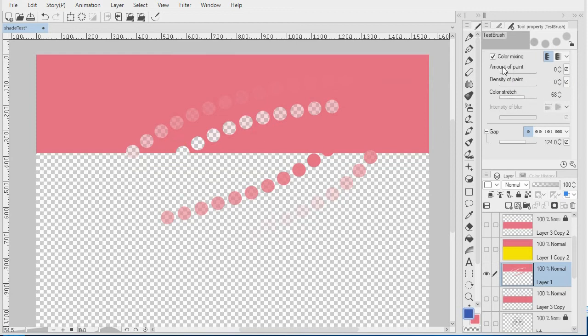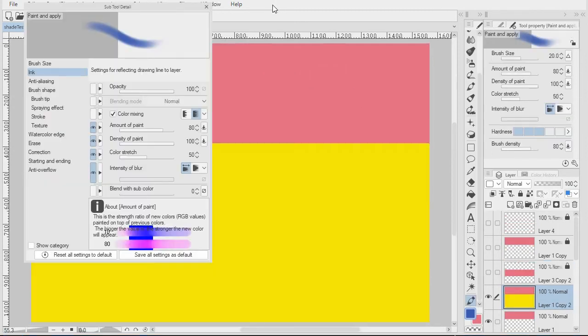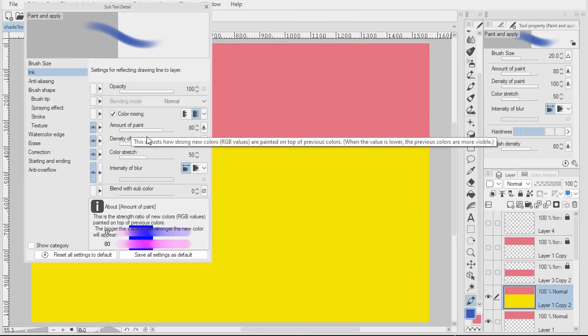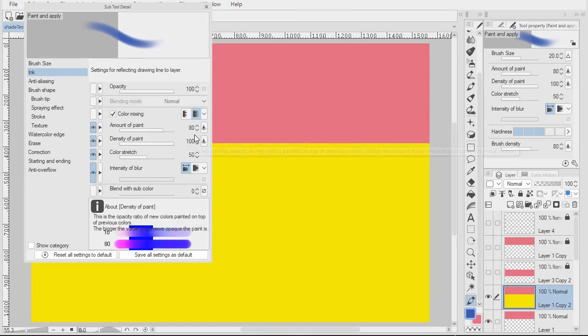So this is how you can create a blend brush. It's also how you can create the paint and apply brush. So now if you look at the paint and apply brush, you can understand that. So let's look at the actual paint and apply brush. Amount of paint and density are set high, but it's the pen pressure curves that we need to really look